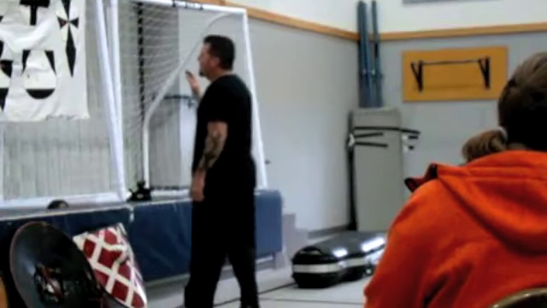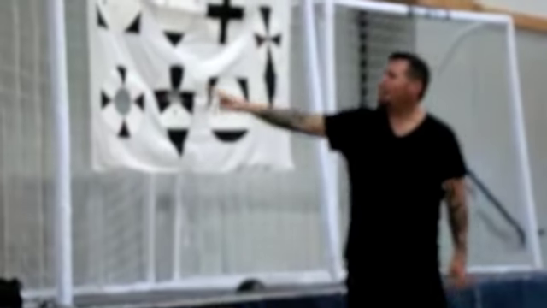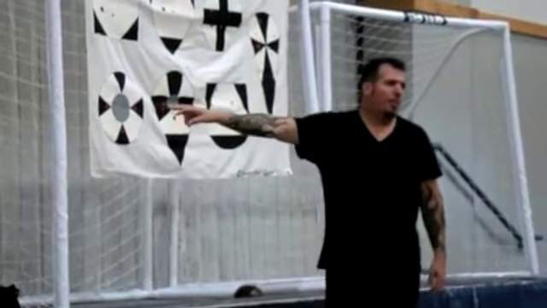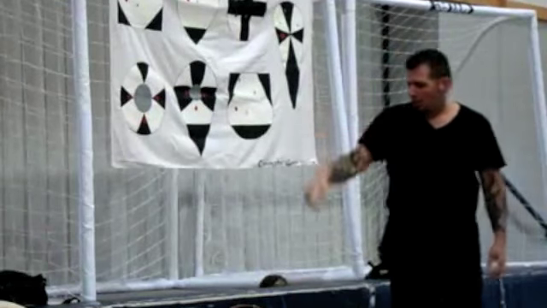This is a representation of the strengths and weaknesses of shields. What it represents is the black line, black edges are the strong lines. The white are the weak lines. And so what we're always looking at is where the shield is weakest. For instance,